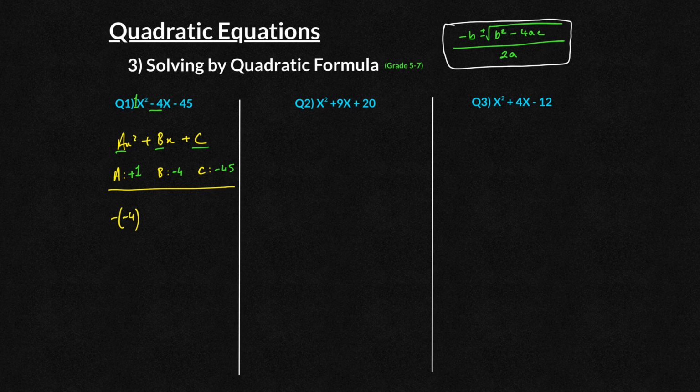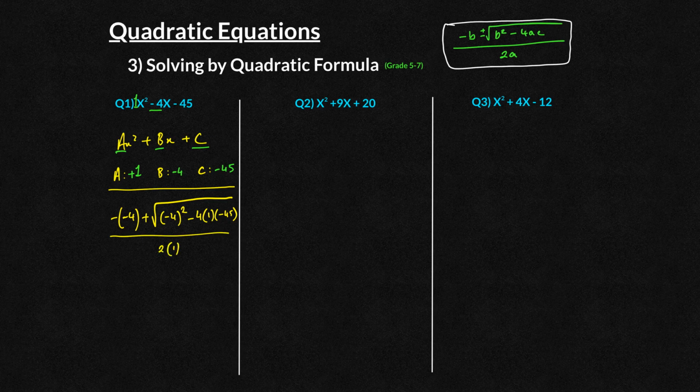We've got 2 versions that are occurring, 1 plus and 1 minus. So I'm going to do the plus one first. So plus the root of whatever b is, so negative 4 squared, minus 4 times a, 1 times c, all over